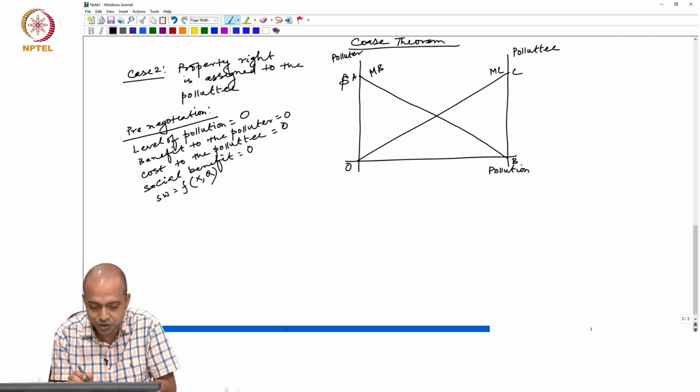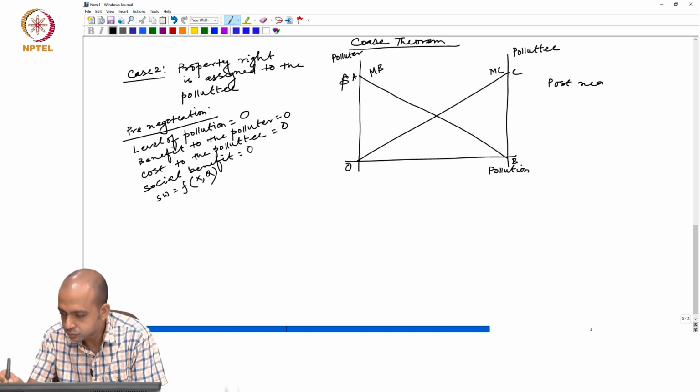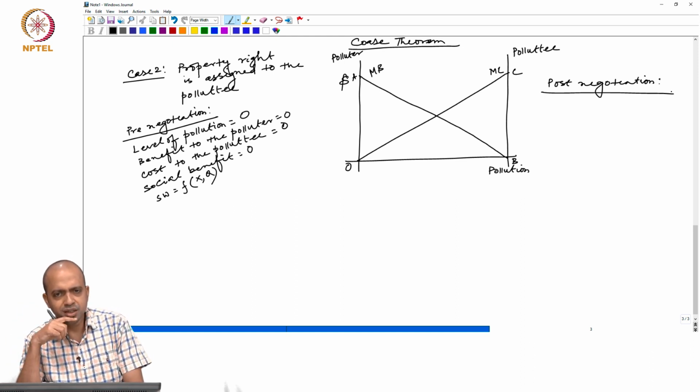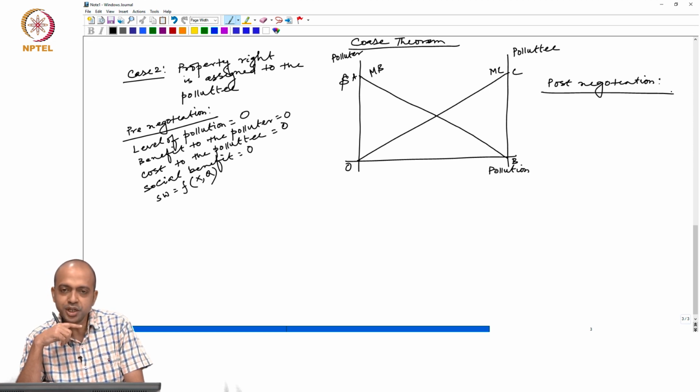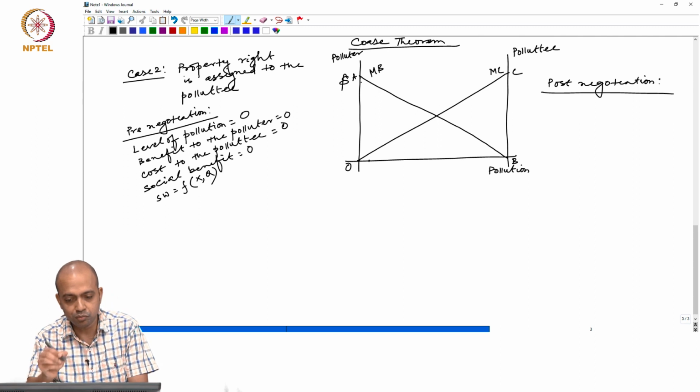What would be the post-negotiation situation? Post-negotiation. Now, the polluter is going to the pollutee and saying, please allow me to pollute and I will give you some compensation. Okay? I will give you compensation, all right. And then pollutee is asking, okay, how much compensation will you give? So, for the first unit, when the pollutee is allowing the polluter to make the first unit of pollution, the compensation the polluter is giving is actually this much,